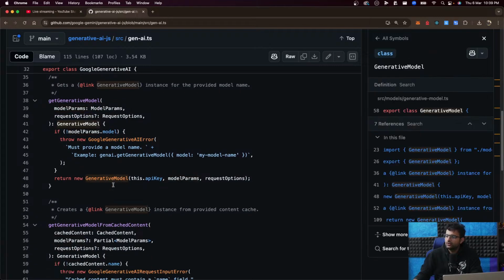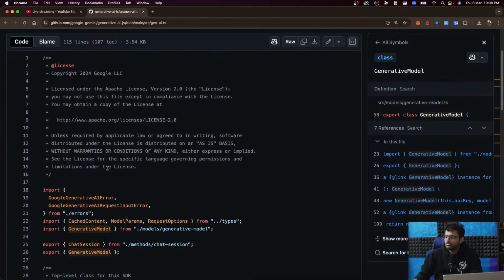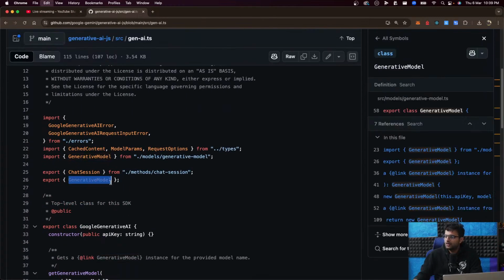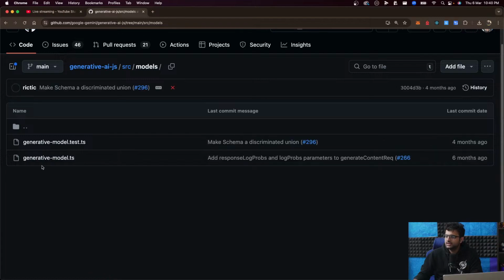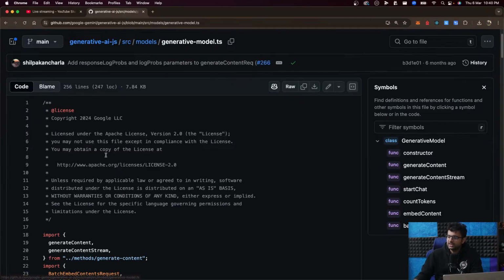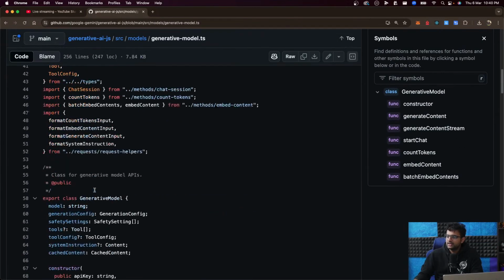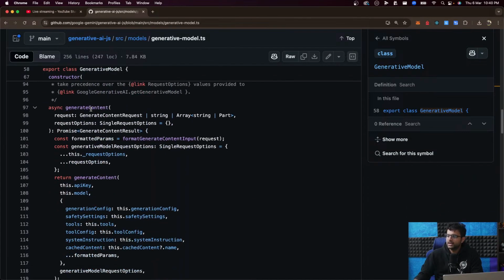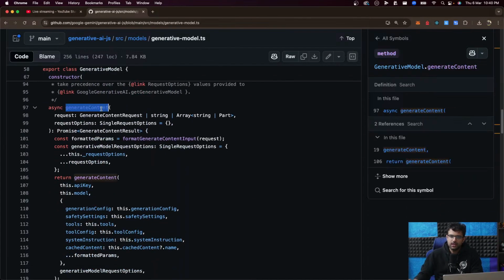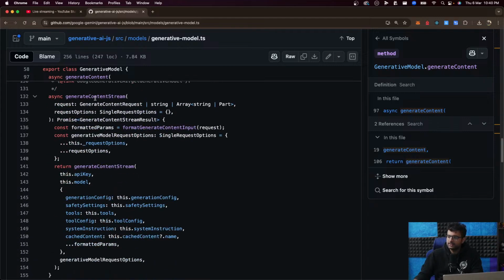It returns you an instance of another class called GenerativeModel. If you look at GenerativeModel, it comes from models/generative-model. So if you go to source, models, generative model, this is probably where we need to introduce a new file called ImageModel. Let's open generative model. This exports a class called GenerativeModel, which has a few functions: generateContent, which, given a prompt, returns the text; generateContentStream, which, given a prompt, streams back the response.